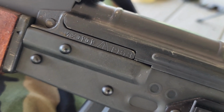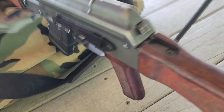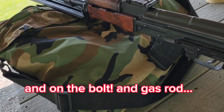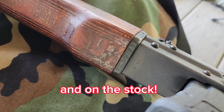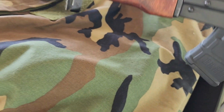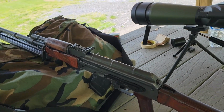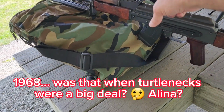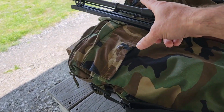101 matching parts from 1968. Let's see, where else would I have 101? Oh yeah, back here. It's got 101. Now, they were so cool that they put 101 right there on this American-made receiver. So it's really cool to think that all these parts have been together since 1968. So the buttstock, the handle, the sights, the insides of it, the top, all except this, and this